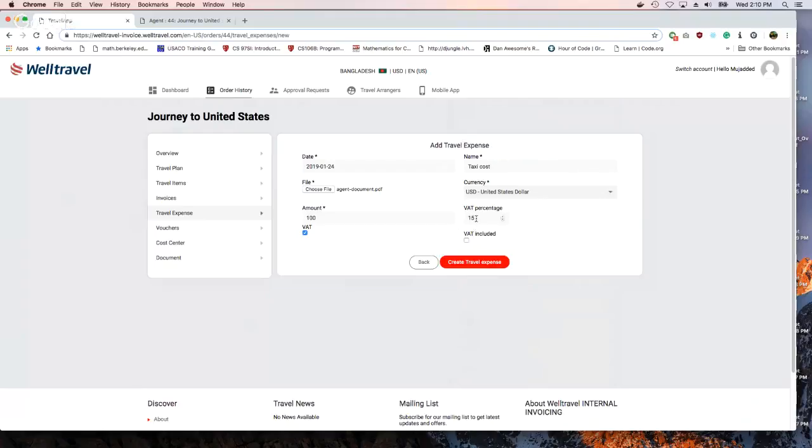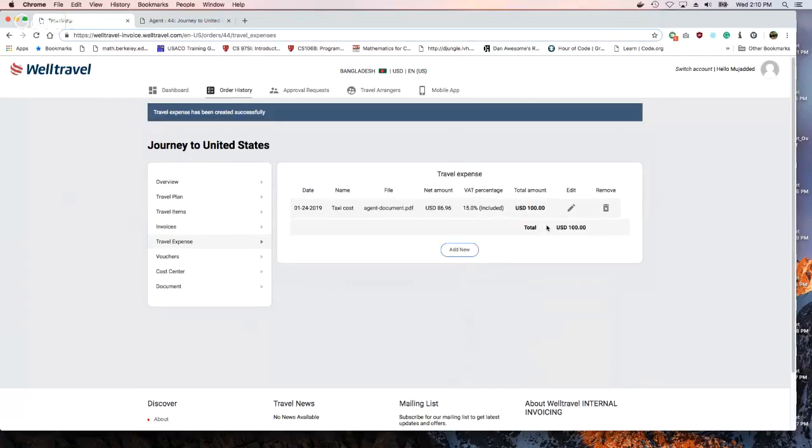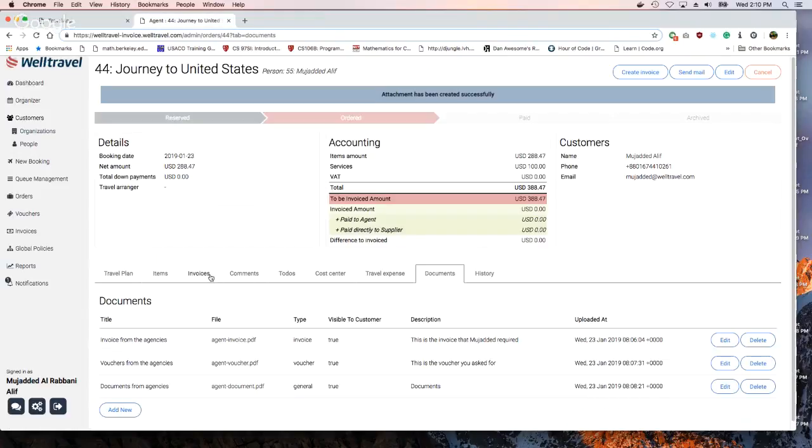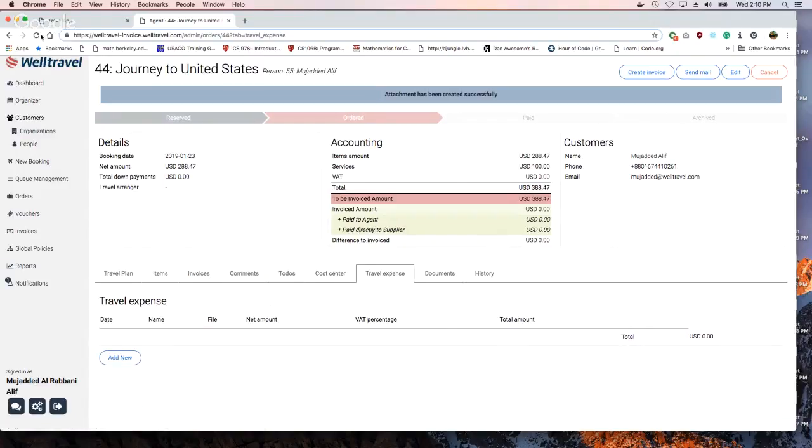And now, is this VAT included in the amount or excluded? If it's included, you can always add the VAT included, and now everything will be calculated thinking that this amount also includes the VAT. So when we are calculating this, the VAT will be separated from this amount. Okay, so let us create the travel expense, and the travel expense is created. You can see this travel expense here, and the agencies can also see the travel expense from the travel expense tab. So let me refresh it,